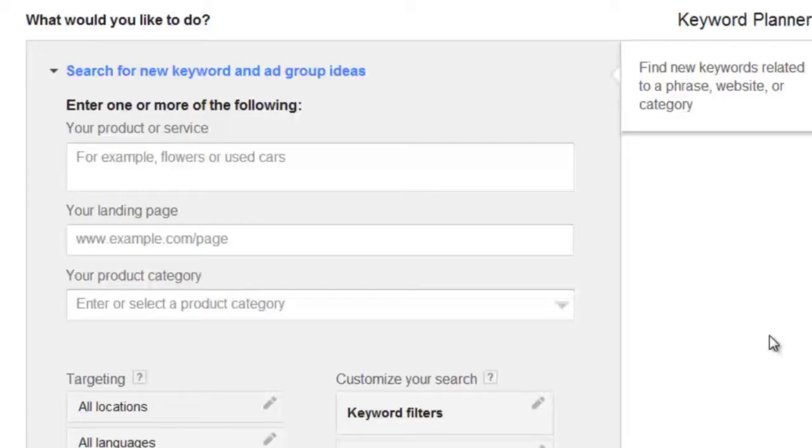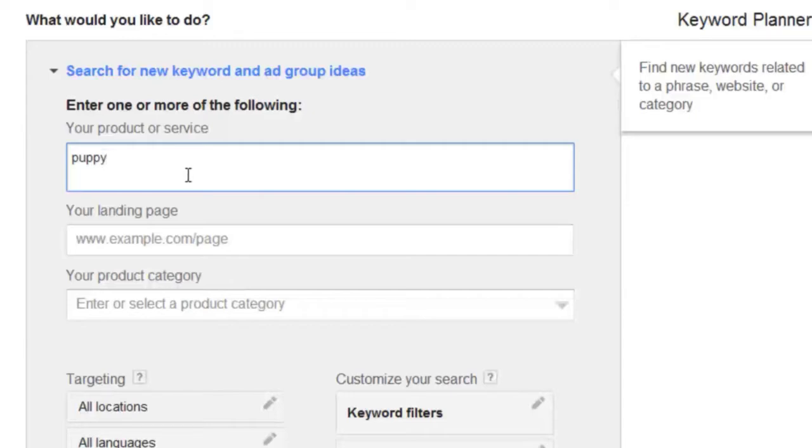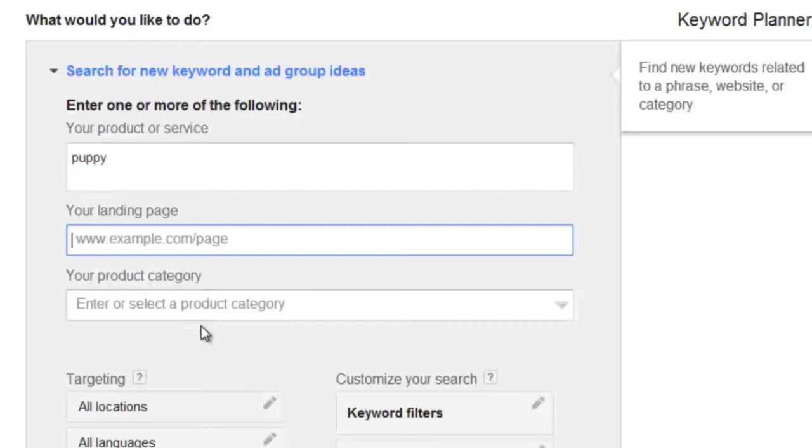Let's say, for example, I'm doing puppy training, but I want to get a bird's eye view on all the keywords that might be related to puppy training. So I'm just going to type in puppy and see what I get. If I don't get the results that I'm looking for, obviously I can redo it and go from that point as well. You can also enter your landing page here. If you don't know where to start, then you can also enter that here,